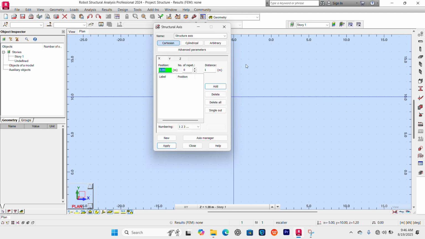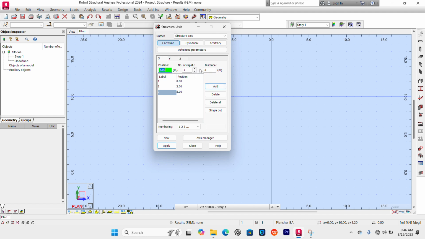lines. So you click on grid lines, you come here, you leave this position to be 0, you change the number of repetition to be 1. Okay, the distance now depends on the axis to axis of your foundation plan. Sorry that I don't have a foundation plan right now, but we'll just take some values and enter them. So 2, and let's say the next is maybe 3.